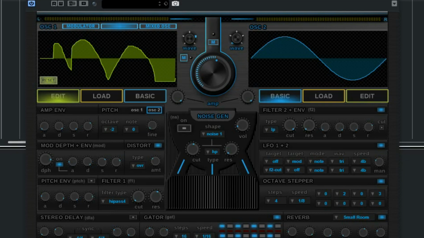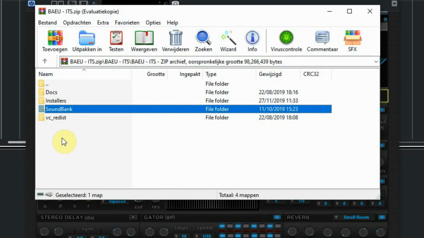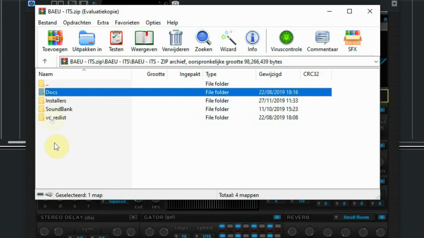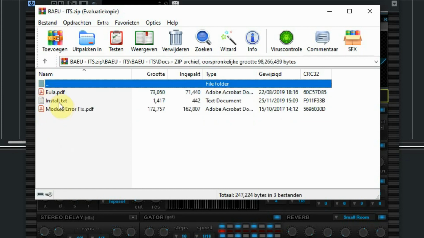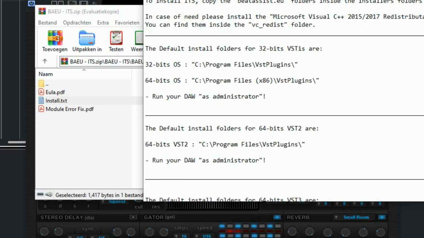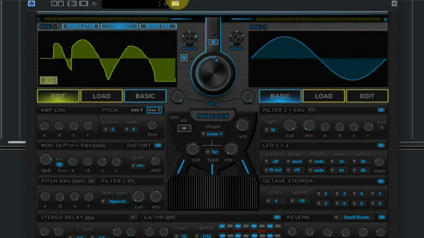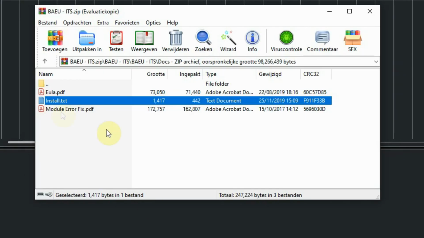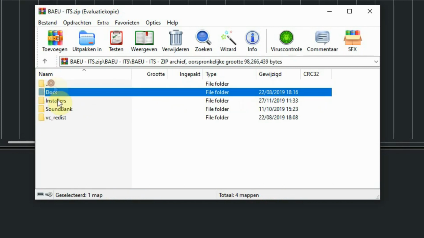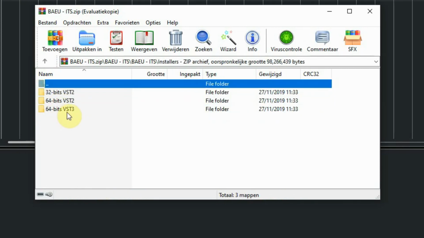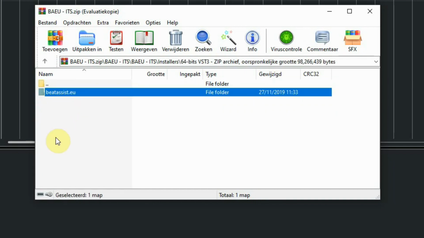So now let's install this new plugin. When you open the zip file, you see 4 folders. The first folder is the Documents folder, where you have some important information in the install.txt file to find out to what destination you have to copy the instruments folders. The next folder is the plugin itself. You have to choose which version you are going to use. We choose the VST3 version for 64-bit, and as the install.txt file suggested, we have to copy the BeatsAssist.eu folder